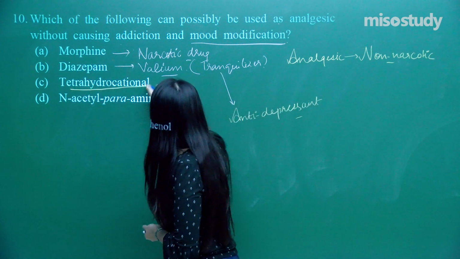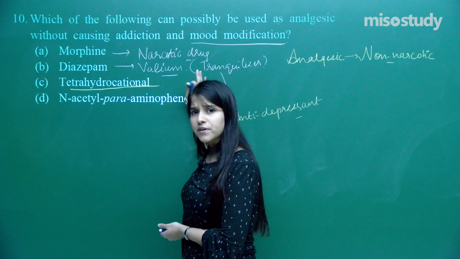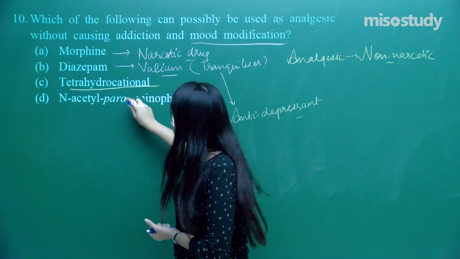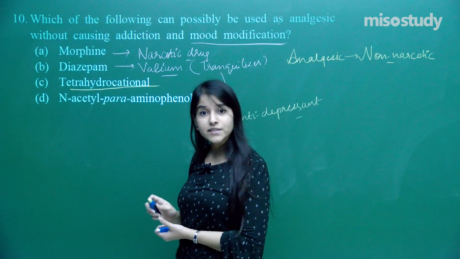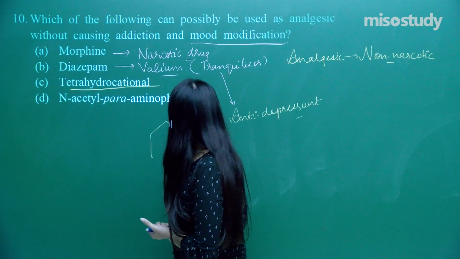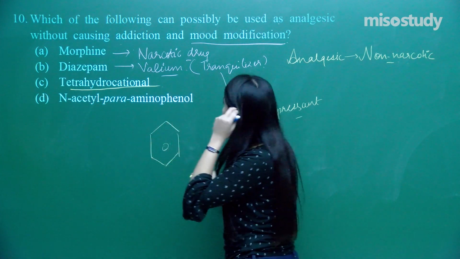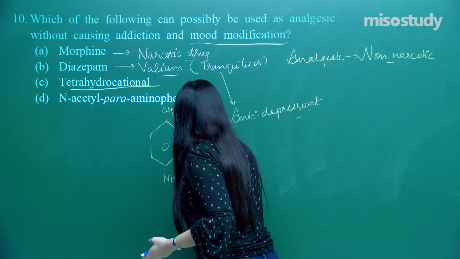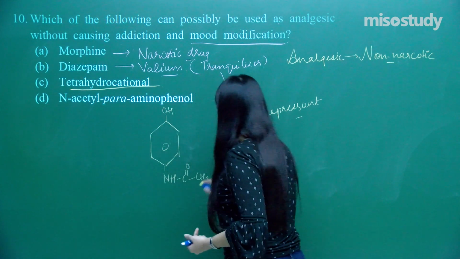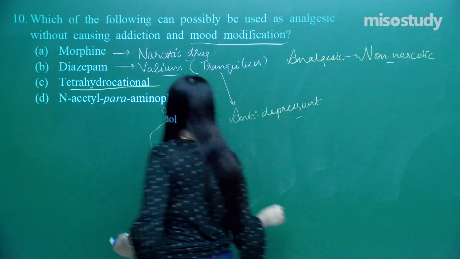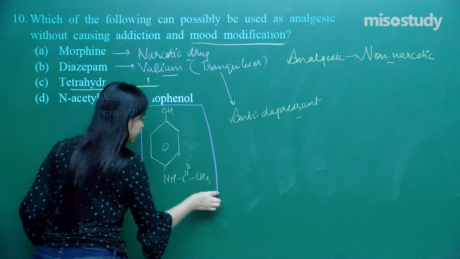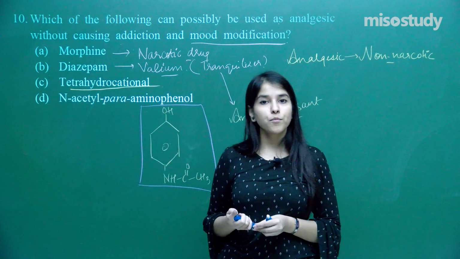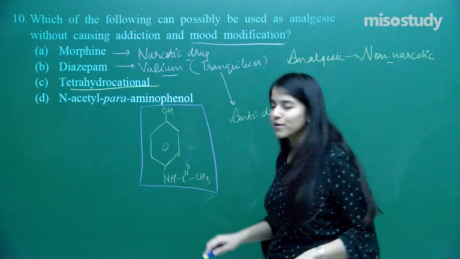What is this? Tetrahydrocannabinol. So do you know this very compound? If you do not know, let us just move on to over here. I may be eliminating this option. So I've got N-acetyl para-aminophenol. So what is that? Phenol, and I've got NHCOCH3. So that is what we are having here in this case. What is this? Do you recognize this compound? Similar to somewhat aspirin, but it is more powerful. It's better than aspirin. That is nothing but paracetamol.